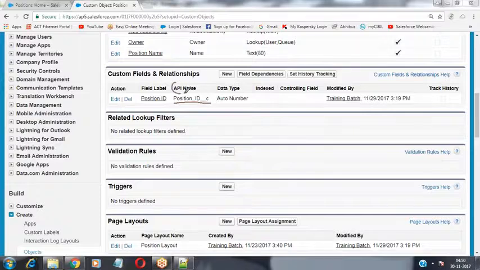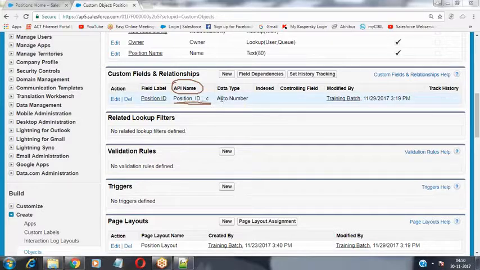This is the column name available inside the table, so whenever you are querying the data through programming in future, always use this column name. Don't use the field labels. Always use the field name or API name to query the data, because these are the column names which indicate the actual column names inside the table. Okay, so now this is the field we have created.